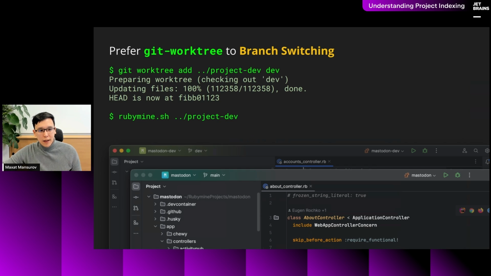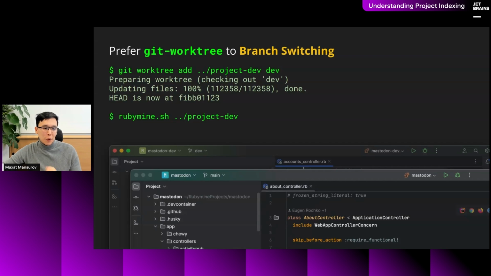The next tip is if you are working on the same project, but you have a lot of branches that you periodically switch between. For example, your main branch and your development branch or your feature branch. In these cases, it might be useful to consider using a Git worktree, which basically will create a separate project out of your branch.